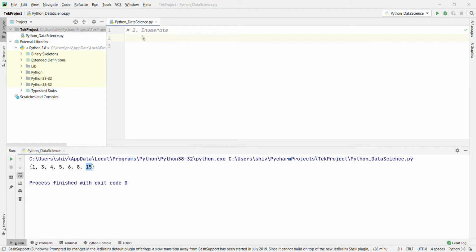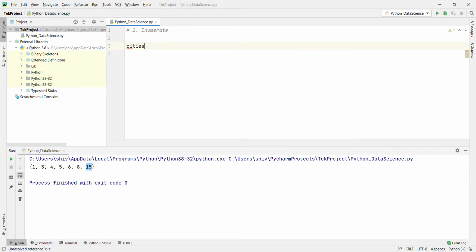Enumerate provides a count when working with an iterable. It can be placed in a for loop or directly used on an iterable to create an enumerate object. An enumerate object is basically a list of tuples. Let's go with the example. Cities equals Houston, Rome, Berlin, Madrid,